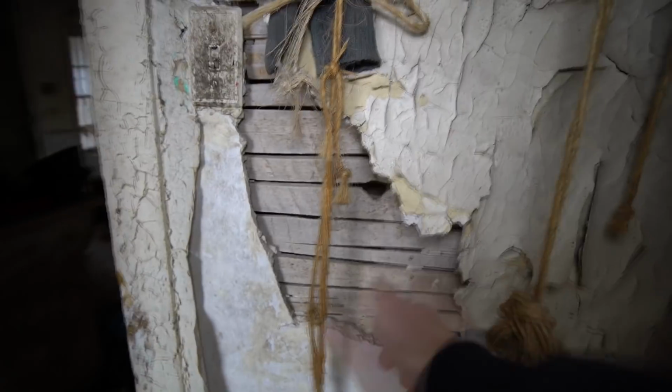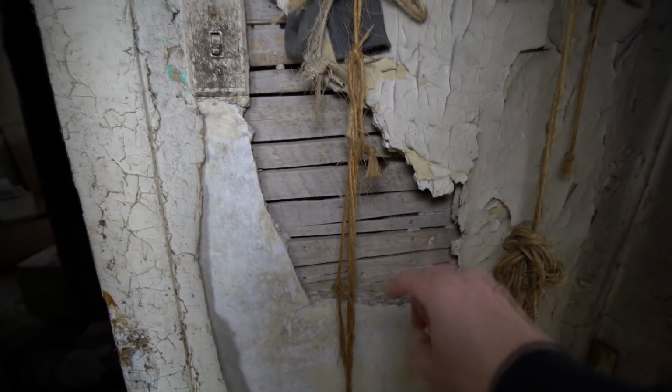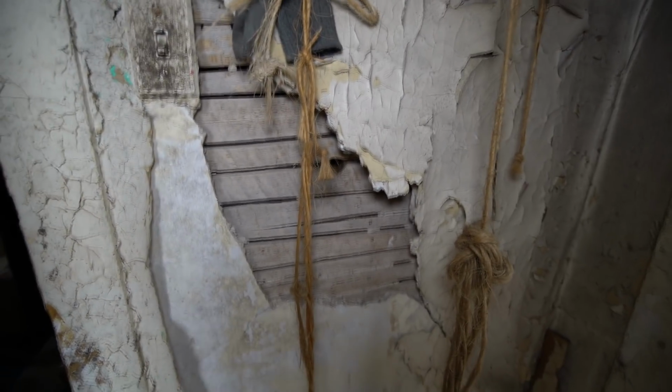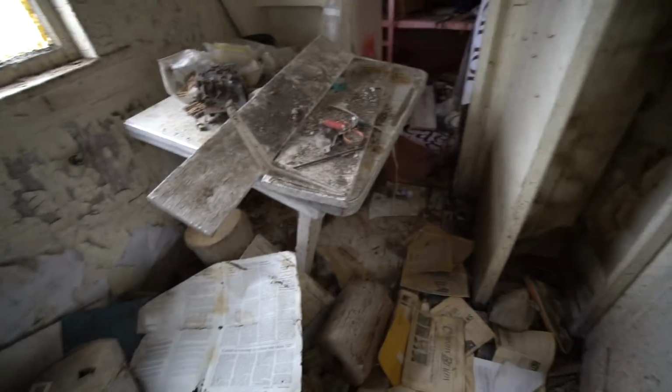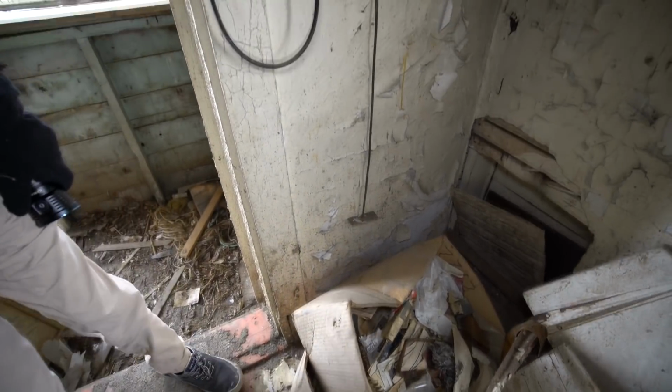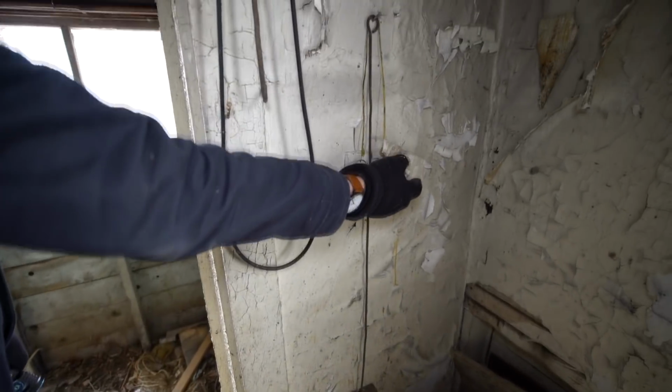I don't think so. Usually what they do is they'd have these lathe and plaster strips on each side of the wall. This house is too old for asbestos, honestly. This house must have been built in the late 1800s. Yeah, this place must have been abandoned for at least like 20 years, or probably closer to 30. Like, look at all the decay. And just from the tools that they have too, like these aren't like